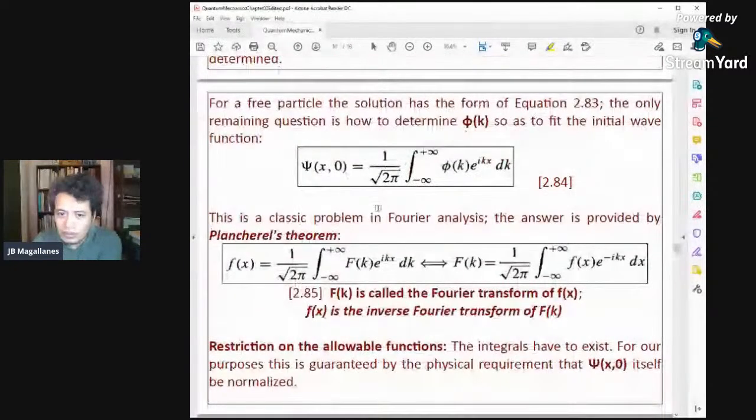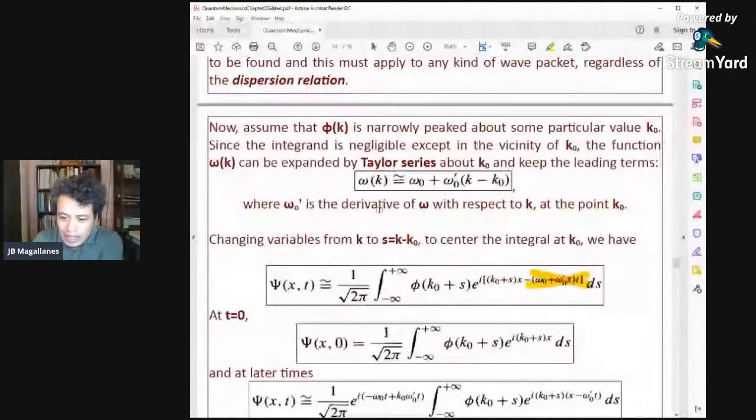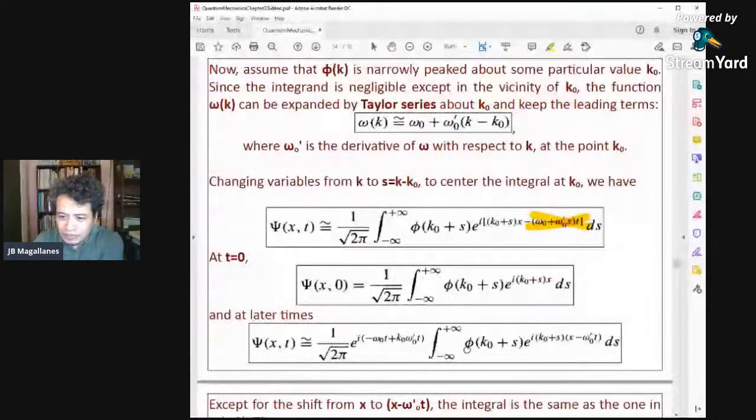Here, look, k0 plus s is just equal to k, right? So this is kx. Because we changed variables, k0 plus s will just be k, and k0 plus s here will also just be k. So we have derived the same expression, and